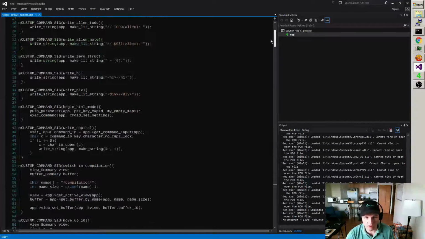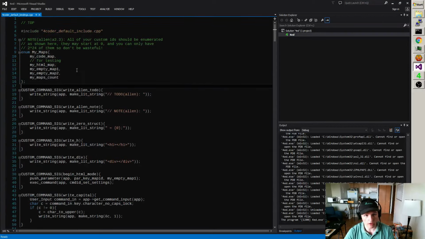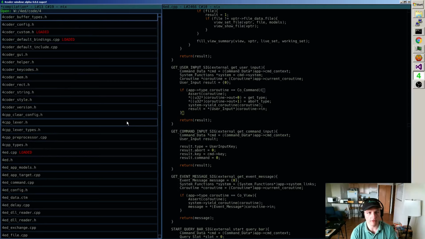And I'm starting to move things around in that system again. I'm adding new functions and changing existing functions, and I'm planning to delete a few of the functions that exist and replace them with helpers. With that going on, I feel like it's a good time to finally start auto-generating it, because every time I add and remove these things, it's a lot of work to keep everything in sync, and I'd really like to just have it spit out all the right code, and then I can just update the list whenever I want to. So that's the plan for today, is to auto-generate the functions defined for 4coder custom.